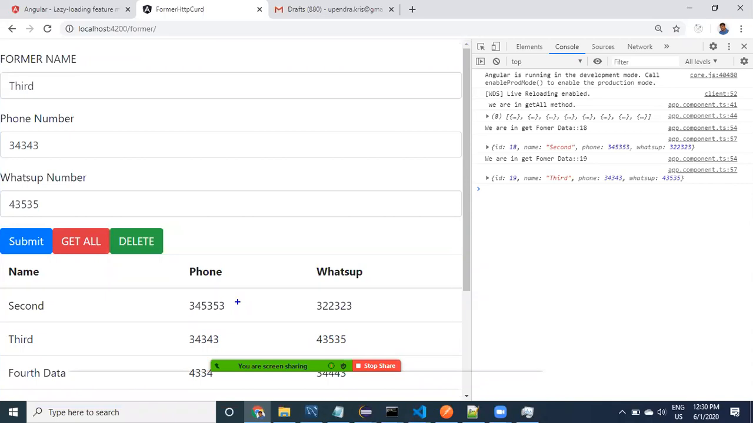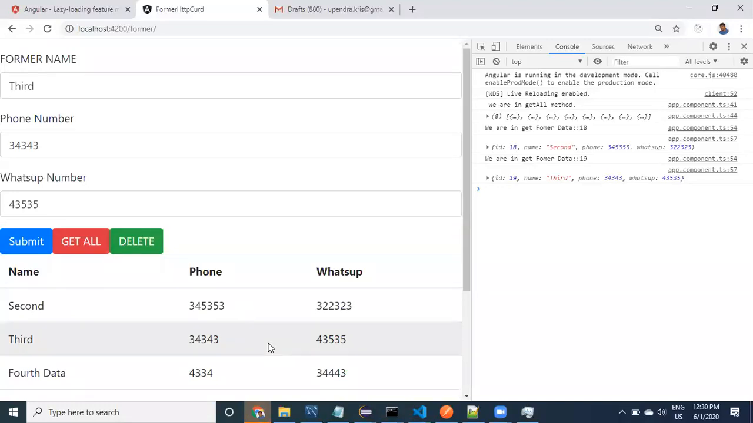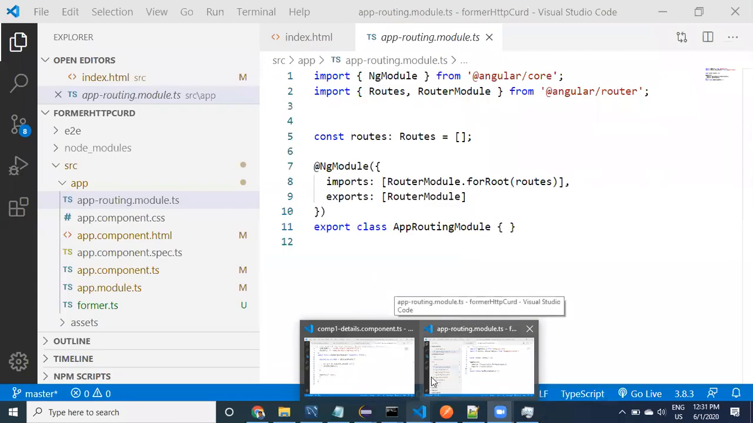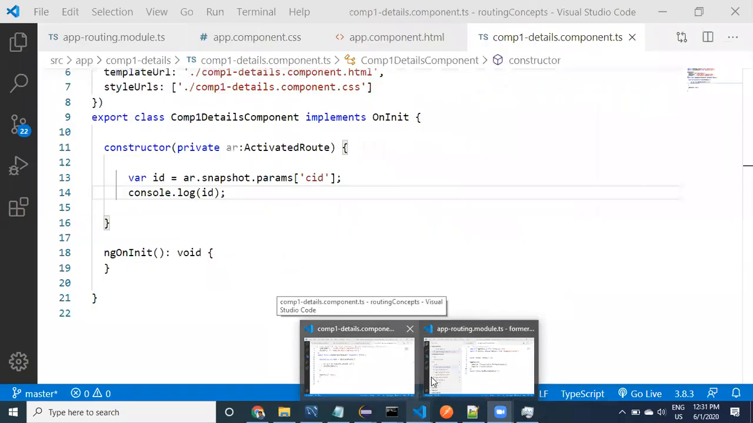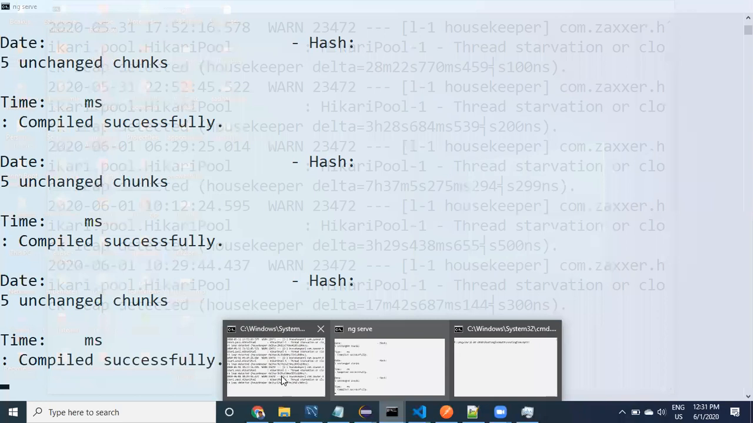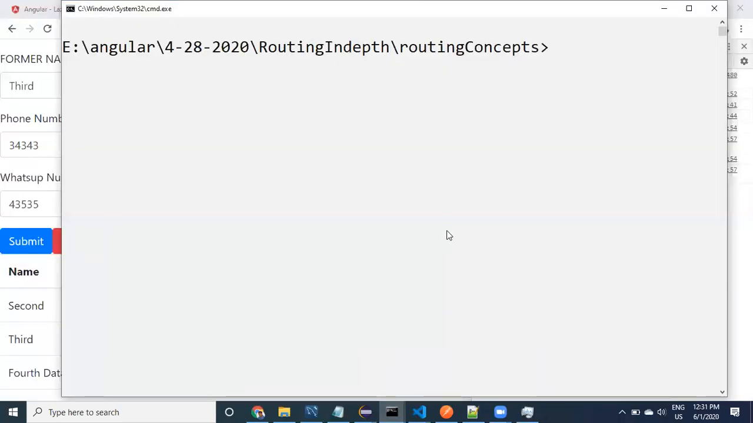Now I would like to create two components right now. For that, I would like to change this one. What I want to do is create a component. Where should I create that component? I have to go to exactly